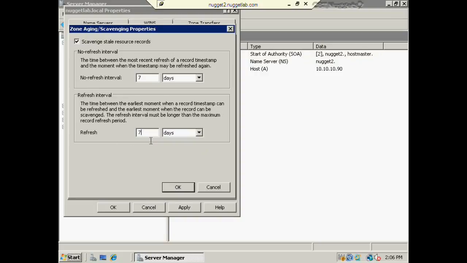This is a little bit of a confusing interface, so let me try to clarify what's going on here, because it looks like it's just two items that are saying the exact same thing, right? Well, here's what could happen. If I have, for example, my normal desktop users, they come in, they start up their computer in the morning. Well, it gets a DHCP address, it registers its address, it registers its host record with the DNS server. Okay. Then tomorrow they come back in and they do it again. And maybe they had some problems with their Windows Vista machines, so they had to reboot 3 or 4 times during the day. Well, every time they do that, it re-registers their host record, which then also increments the start